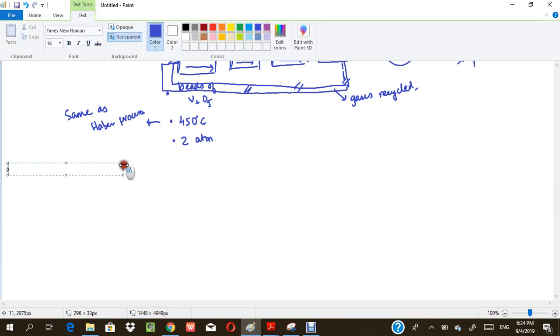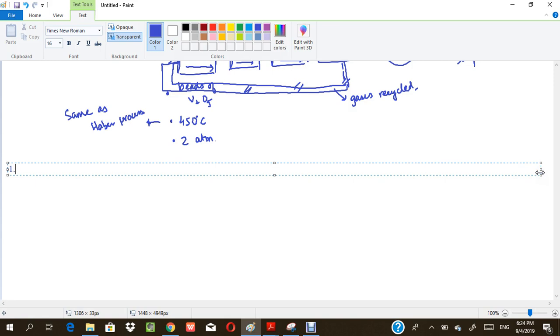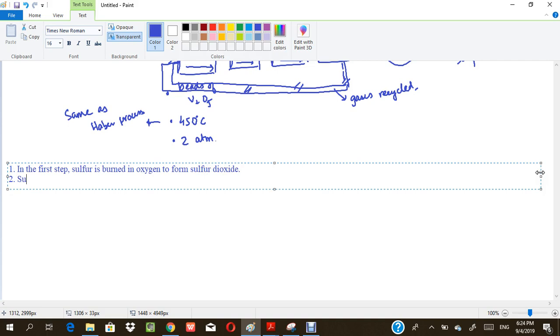Whatever we have discussed so far, we'll write it here. In the first step, sulfur is burned in oxygen to form sulfur dioxide. Right. Sulfur dioxide is purified by removing dust particles using an electrostatic dust precipitator,